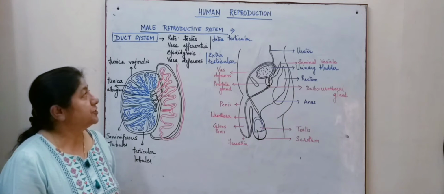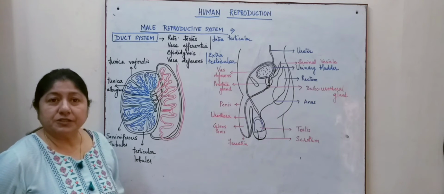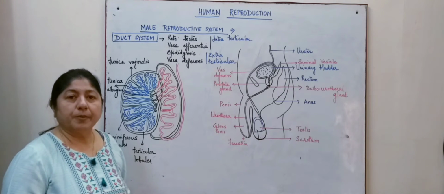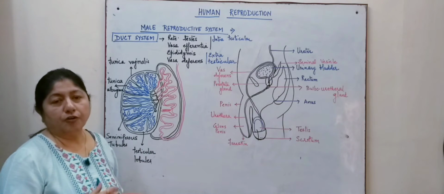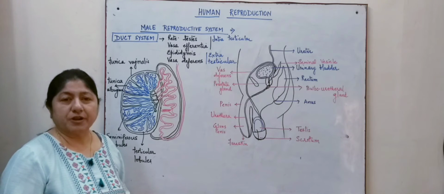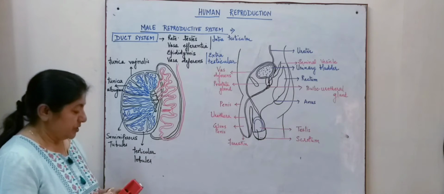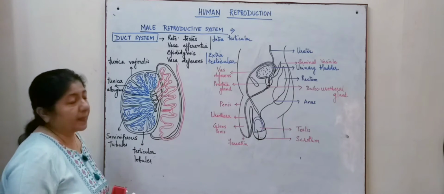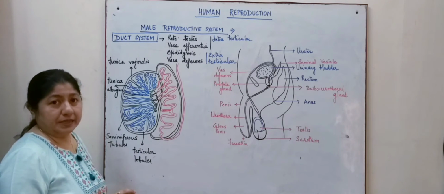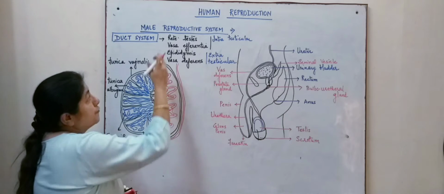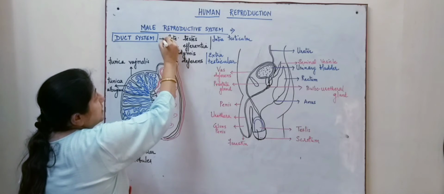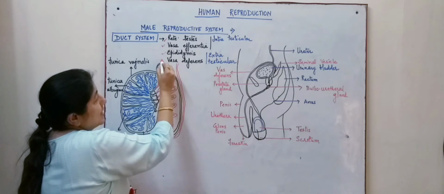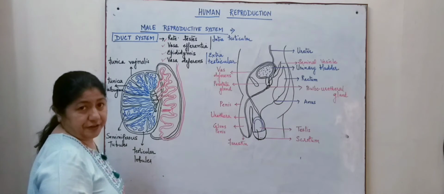We are going to continue with the male reproductive system, and in the previous video we talked about the structure of the testis, that is the primary sex organ. Today's video will be talking about the duct system. The duct system in the male consists of four major ducts, that is rete testis, vasa efferentia, epididymis and vas deferens